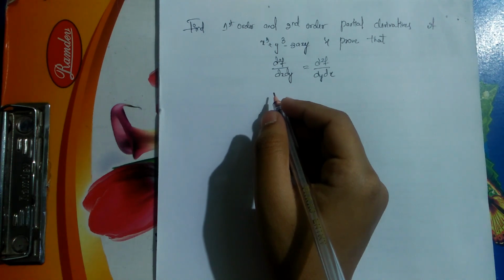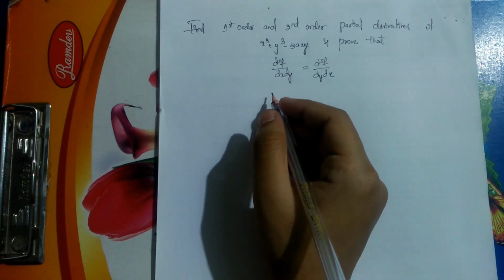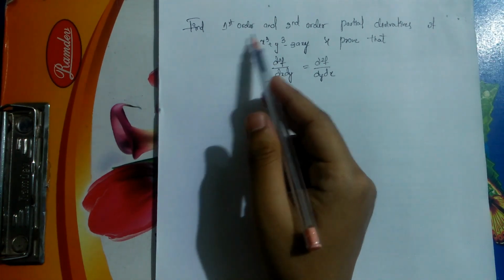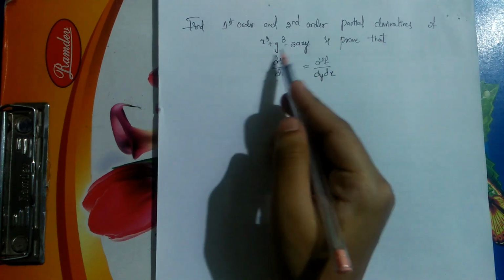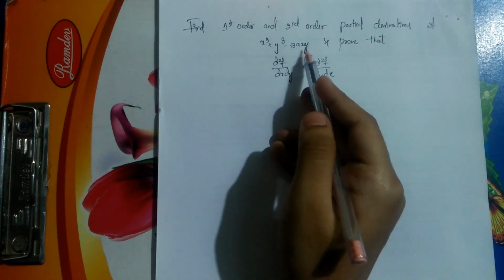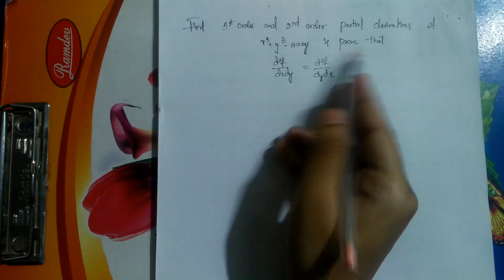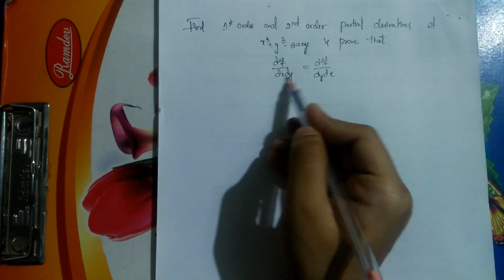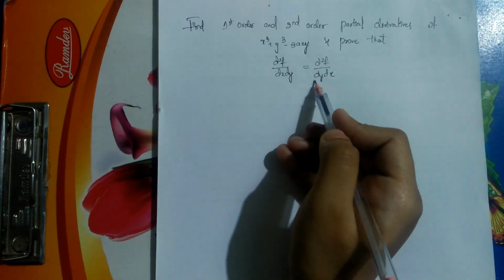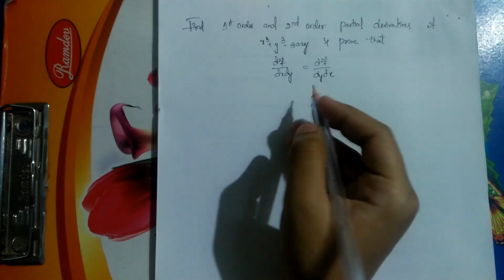We shall see few problems on finding first order and second order partial derivatives of a given function. Let's see the first question. Find first order and second order partial derivatives of x cube plus y cube minus 3axy and prove that dou square f by dou x dou y is equals to dou square f by dou y dou x. So